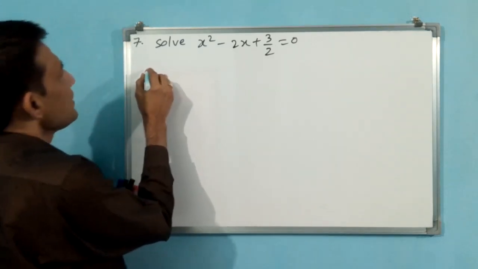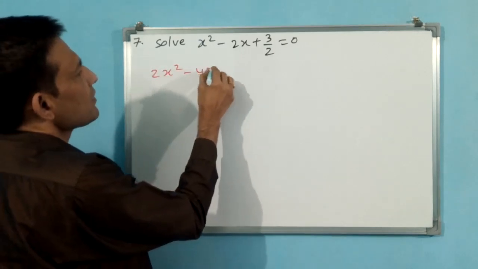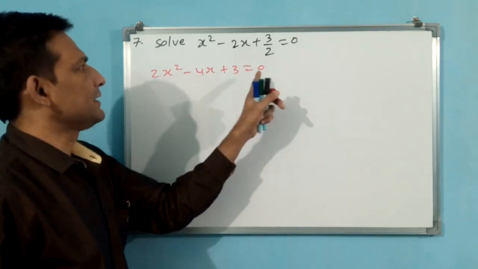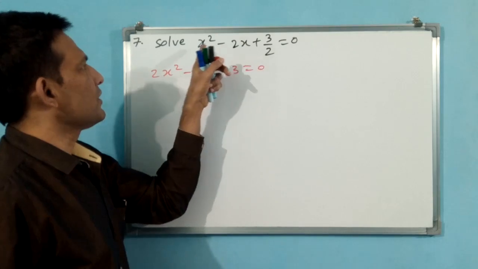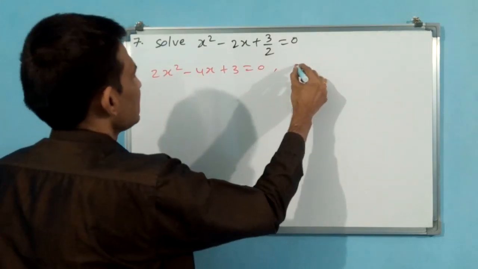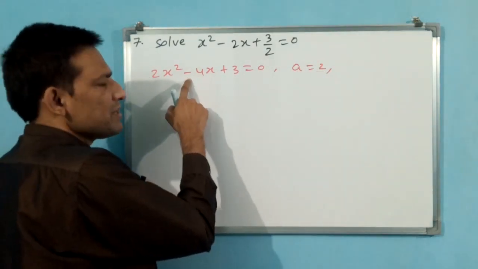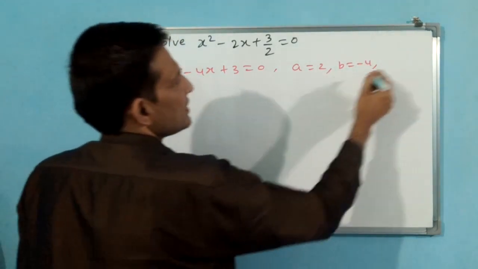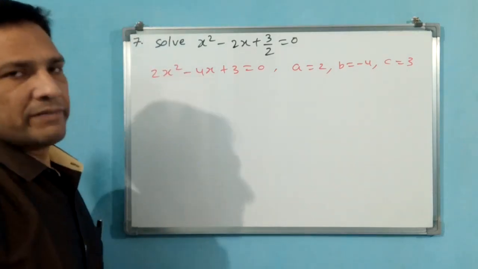Now I am changing, you see, 2x square minus 4x plus 3 is equal to 0. Why? Because with 2 I have multiplied. This is going to become cancellation, but here 4 into 2, 2x square. Now you write ABC also. A is equal to 2, in ax square plus bx, that means b is minus 4. C is 3. Now we have got all 3 values.